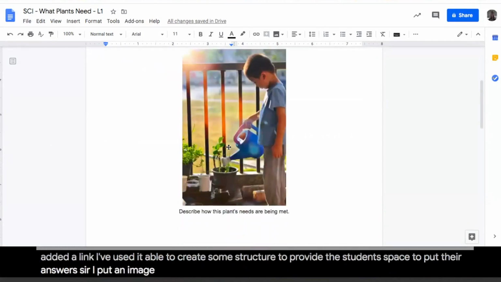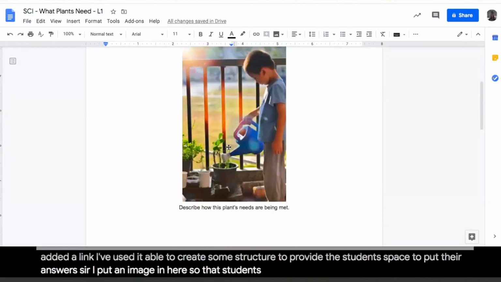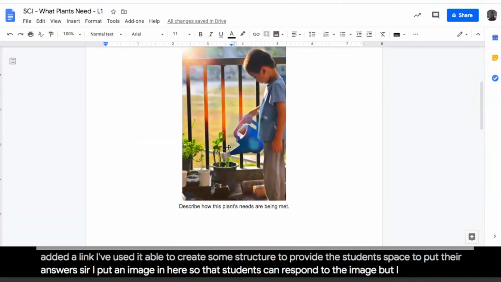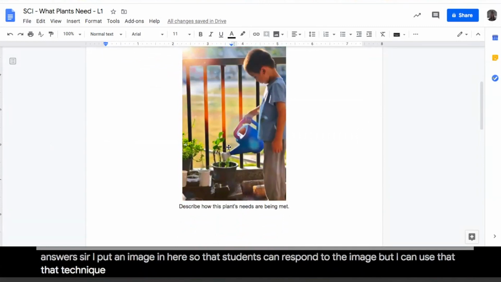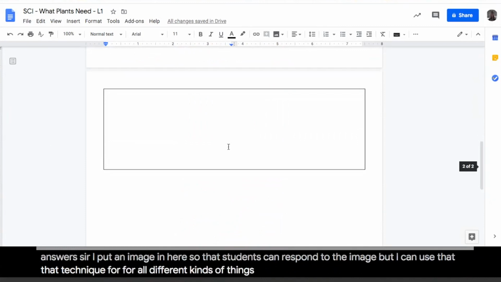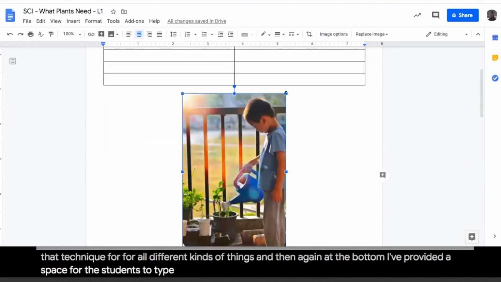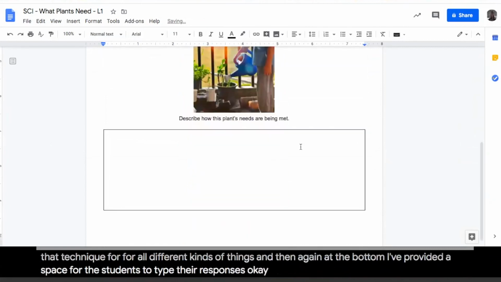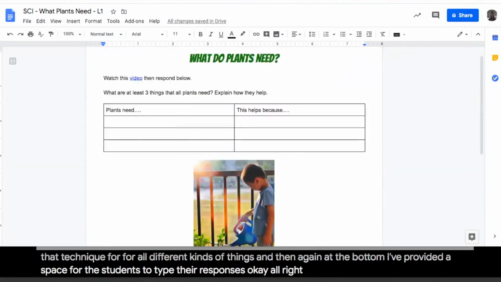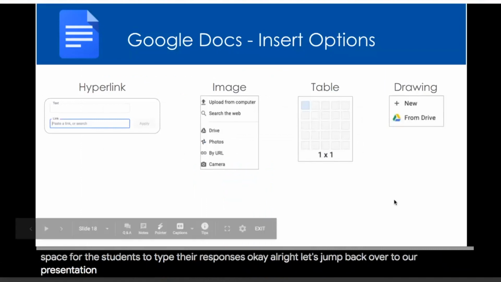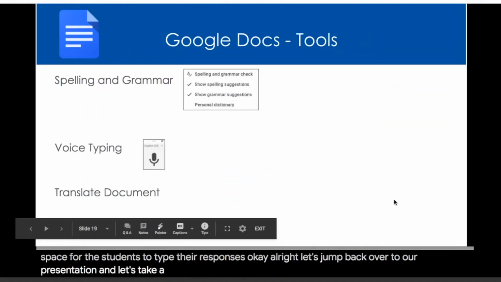I put an image in here so that students can respond to the image, but I can use that technique for all different kinds of things. And then again, at the bottom, I've provided a space for the students to type their responses. Okay. All right. So let's jump back over to our presentation and let's take a look at a few other